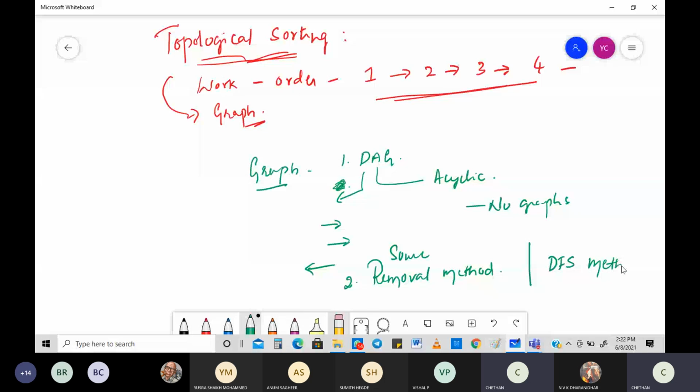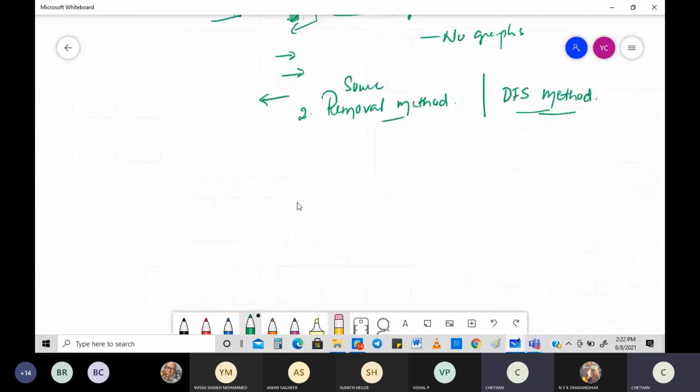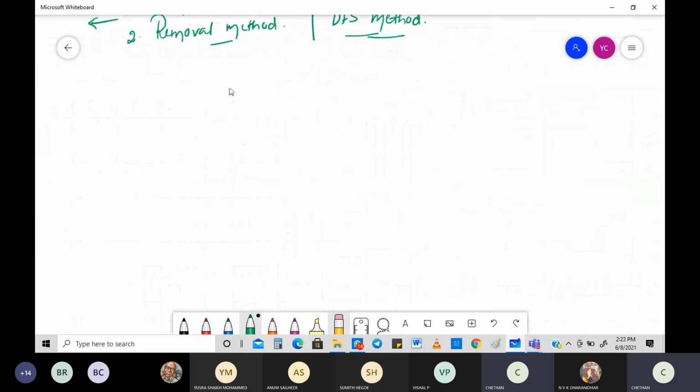If you are able to learn these two methods, then the entire topological sorting is done, which comes under decrease and conquer. We have probably two more classes with regard to this. So let's go and learn the source removal method and also the DFS method.